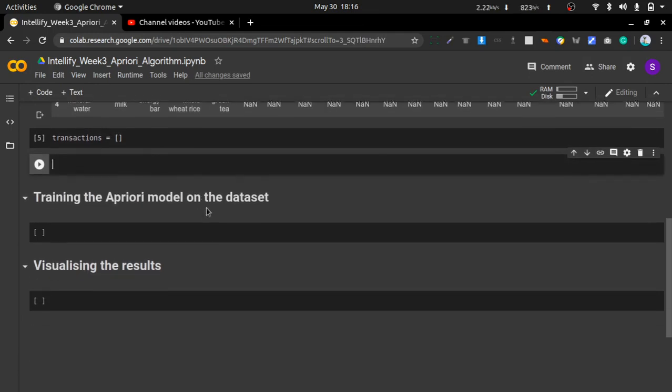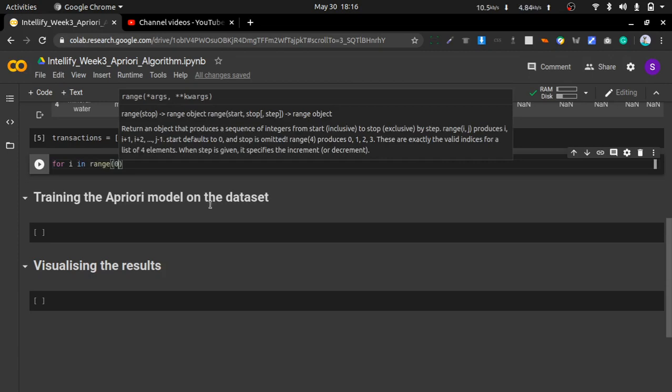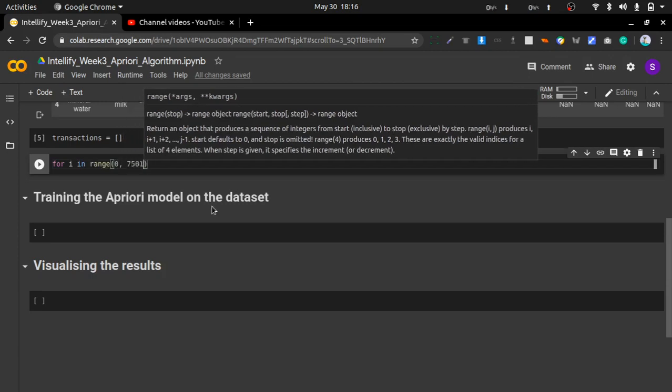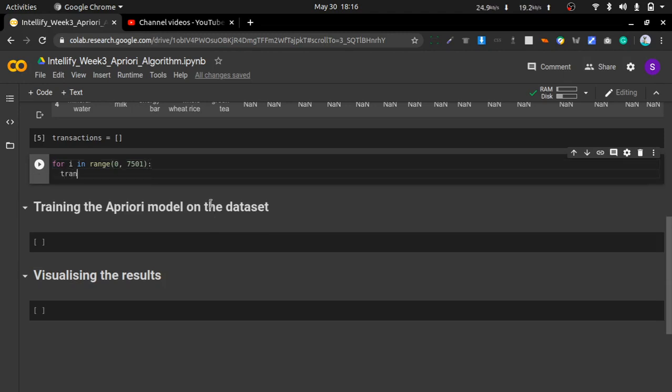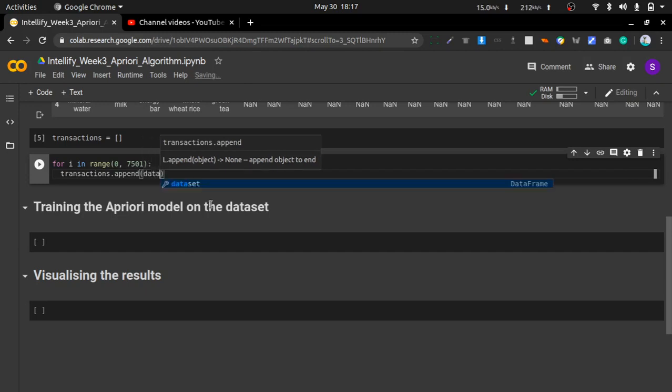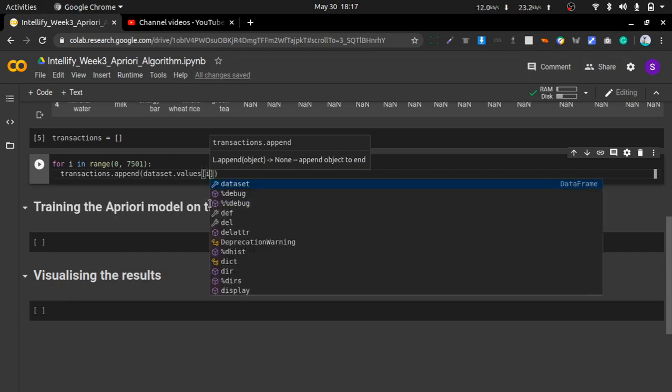Then in the next code section I will write two for loops. First I will write the code and then I will explain. From 0 to 7501, as our dataset contains this many lines, then I will append to transactions, transactions.append, the dataset.values[i, j].